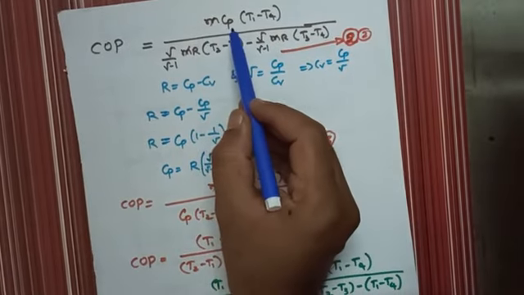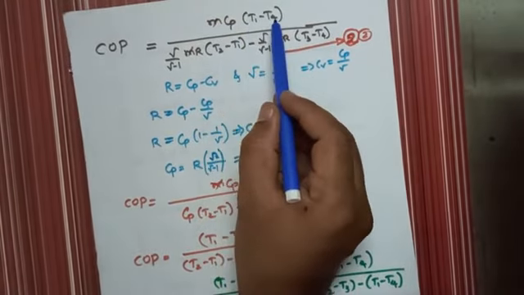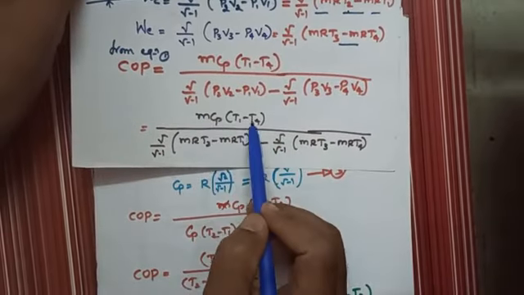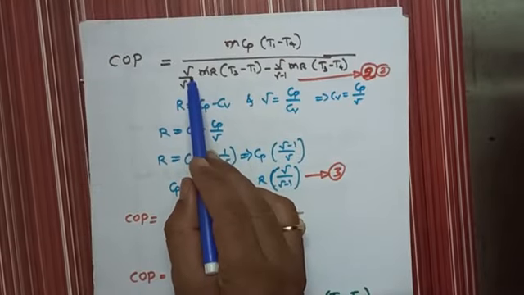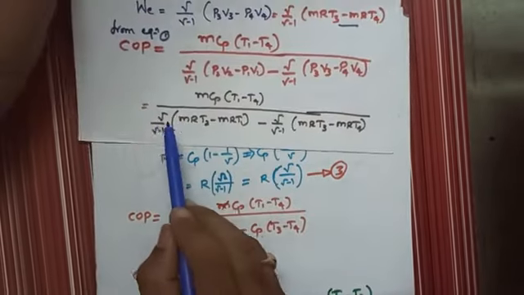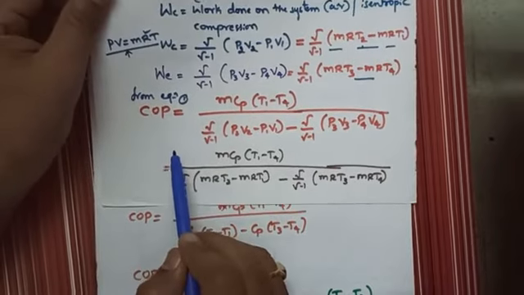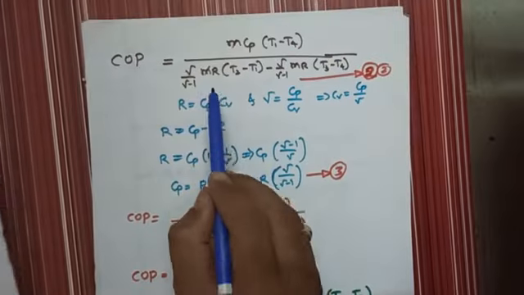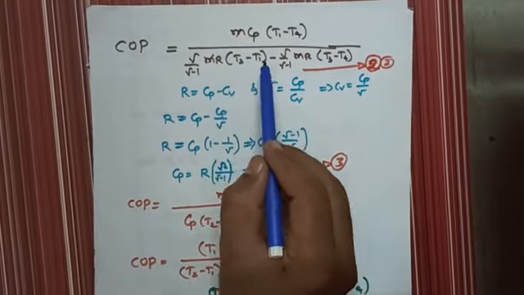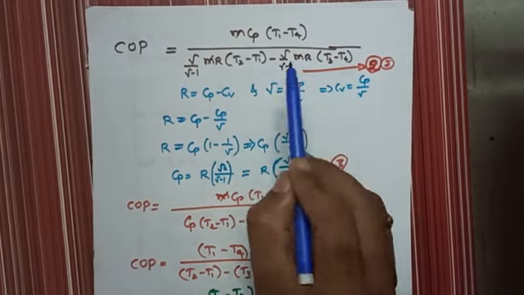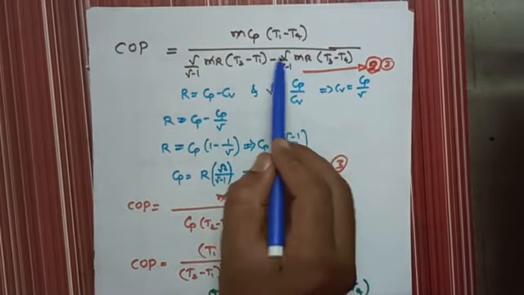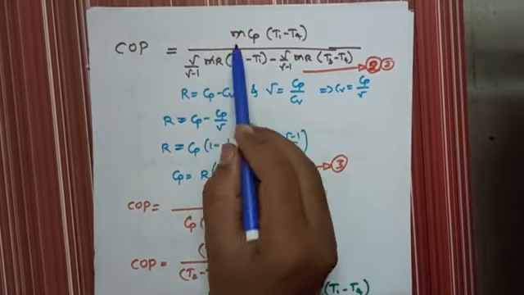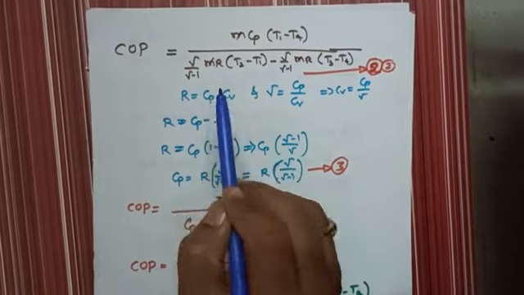So here COP is m Cp (T1 minus T4), as it is, using the previous equation. Now in the denominator, gamma by gamma minus 1 and m R I have taken common outside here. So you take m outside, R outside, and m is common between these two, take it outside. Imagine that m is the same, and this m and the common terms will get cancelled. This is equation number 2 I will take.